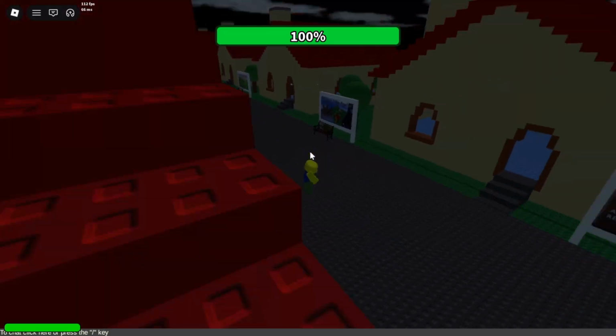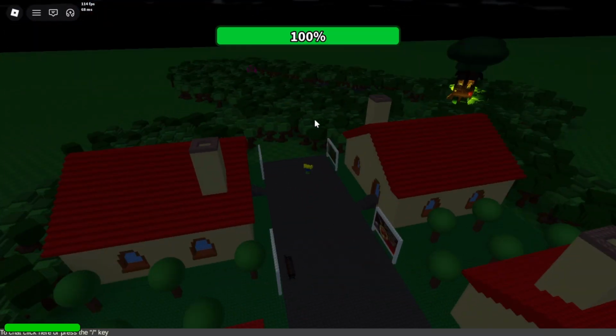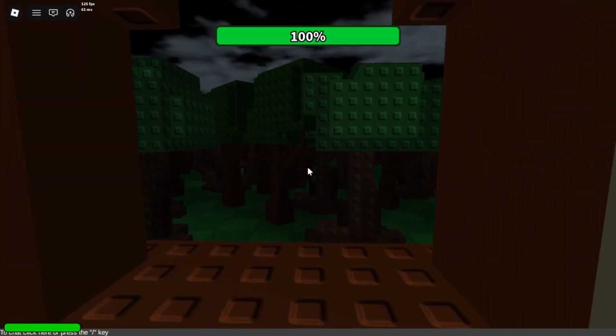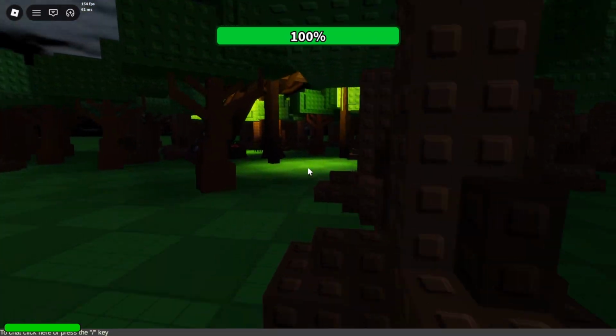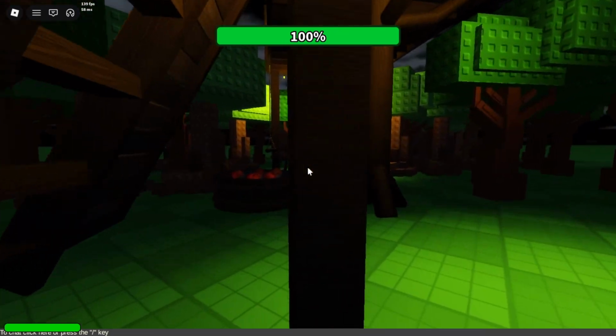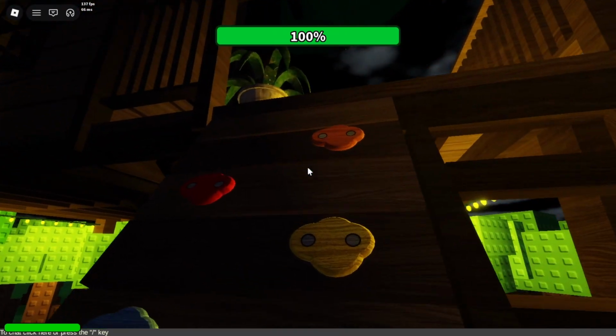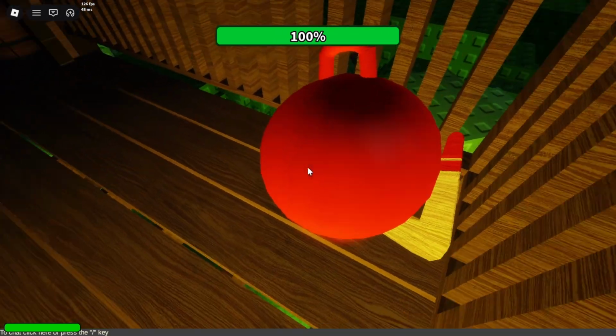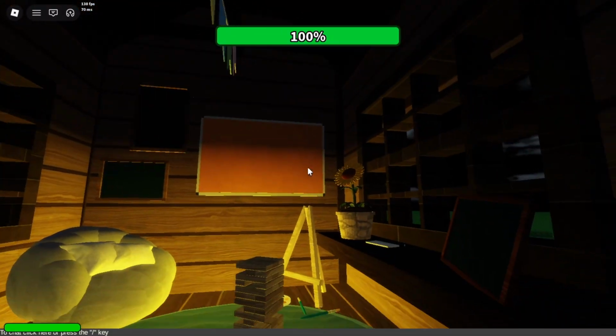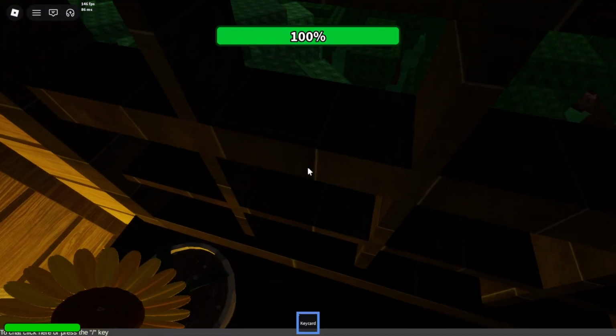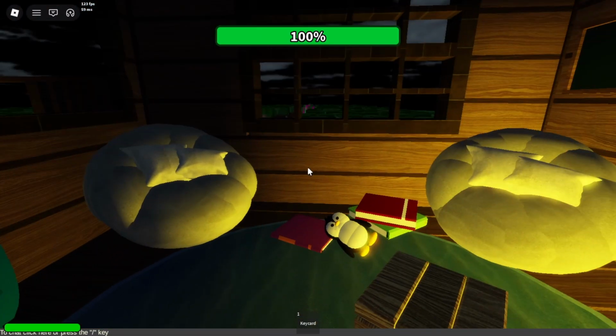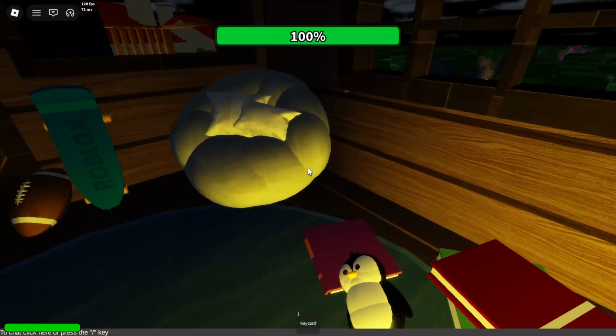There's a treehouse over there. Oh wait, did I see something? I thought I saw something over there. There's a treehouse and then there's a thing over there. Hello? Is anyone here? What am I... Okay. Wait, why is there a keycard? What the hell can I use this for?